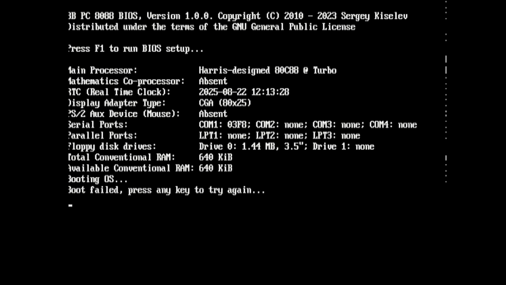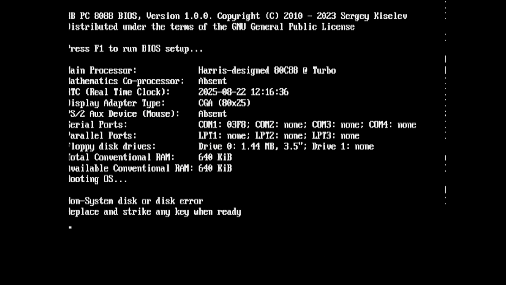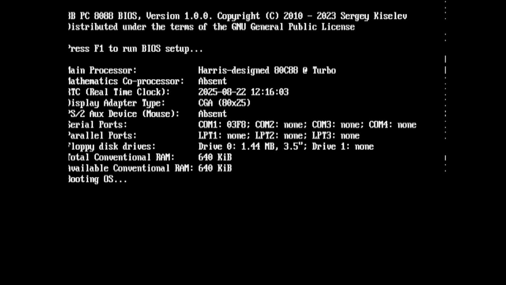To get boot failed, press any key to try again. So that comes from the BIOS, so it hasn't managed to load the boot record. But this non-system disk or disk error means that it has actually loaded the boot sector and then it has failed. And the closest I've got is this one here,